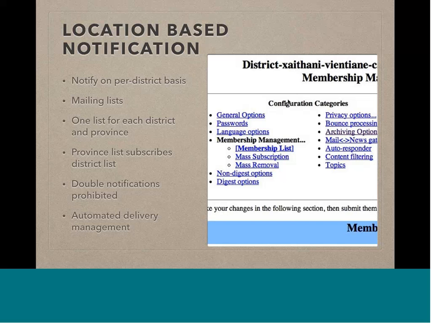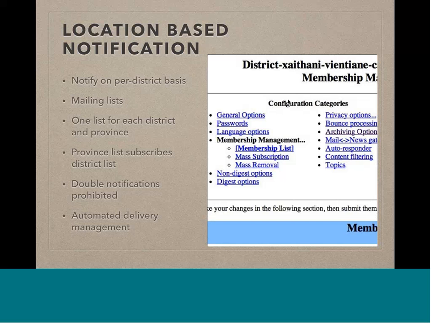So this is a screenshot on the right-hand side of the web front end of Mailman, which is the mostly used mailing list software. And you see from this screenshot that this web interface looks very, very old. And the reason for that is the software is very, very old and it hasn't changed in the last, I don't know, 15 years, at least not much. So this is very, very stable software, very reliable, and there's no need in using anything else. So we have this wonderful mailing list